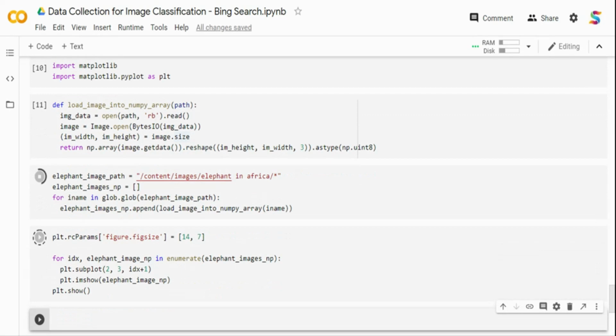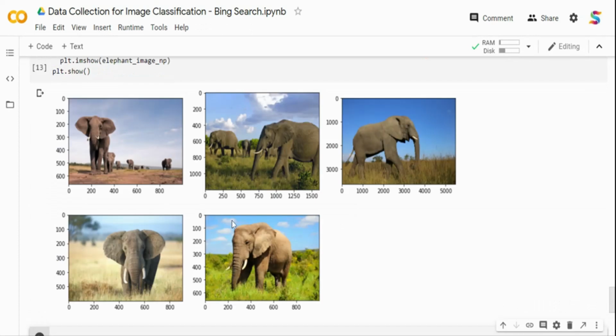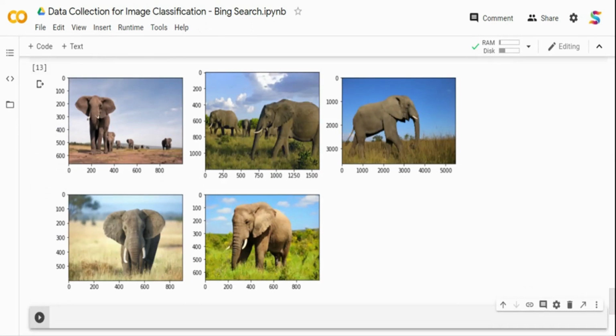Similarly, we can also do it for kangaroo, but I'm just going to do it for elephants. Converting each and every image into a NumPy array takes time. So what you can do is maybe parallelize this with multi-threading or something like that to do it fast. Or you can write a complete batch program that can read the images in parallel or split the images and do it. So these are all the elephant images that got downloaded using the Bing search.